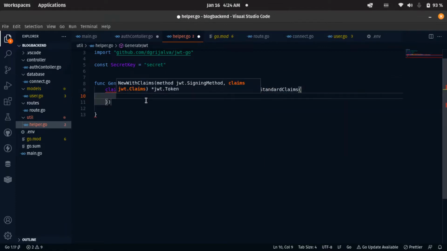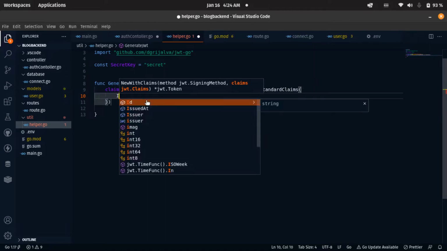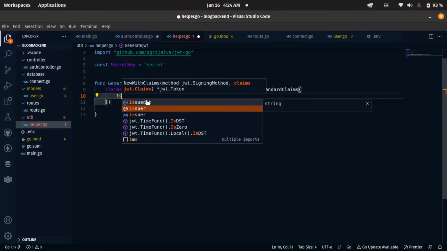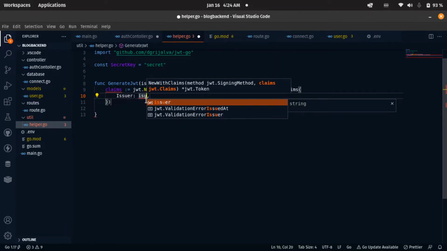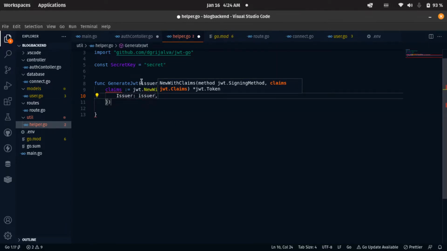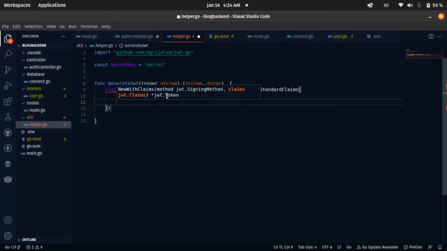So here we have to say issuer. Now we need to have this here, and we are setting it to the params we declare here. We need to set when this JWT is going to expire, that is, when do we want to log out our user? Maybe after 24 hours they have to log in again, so that they can